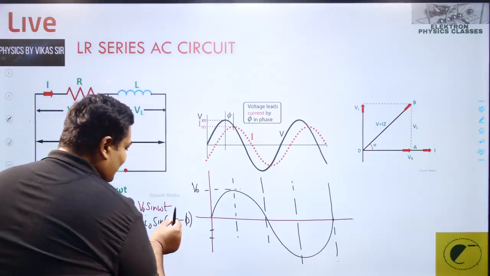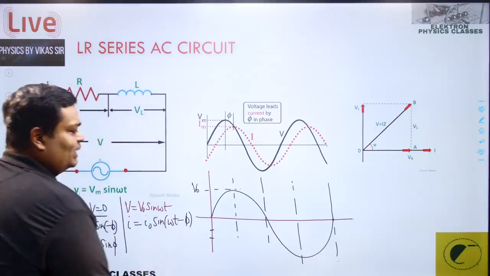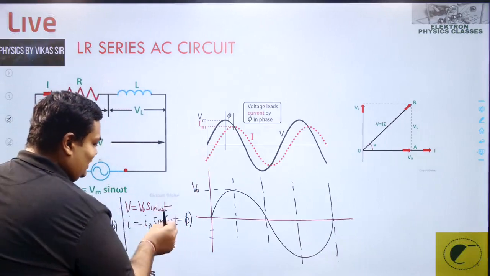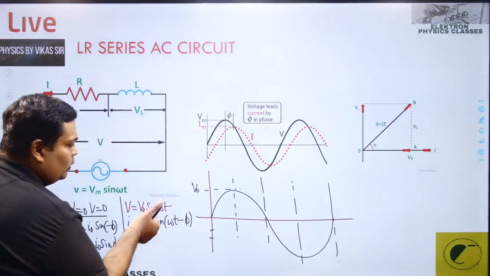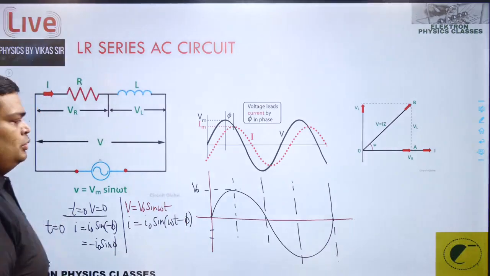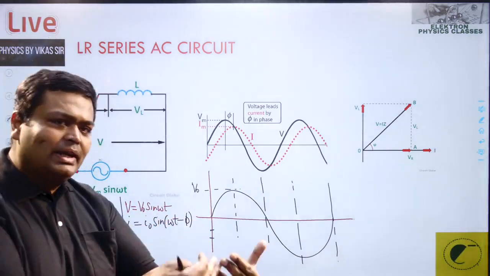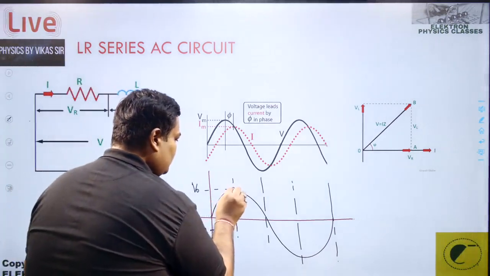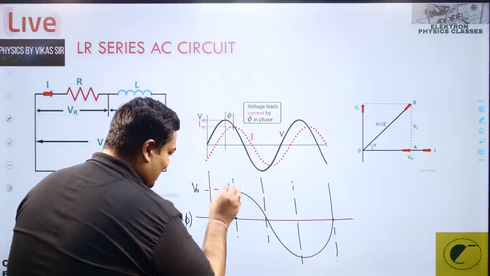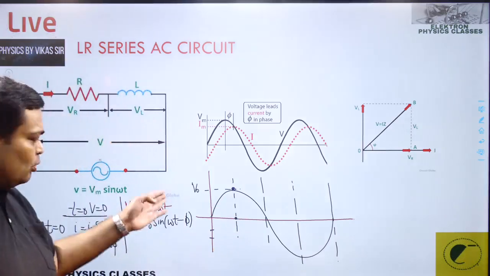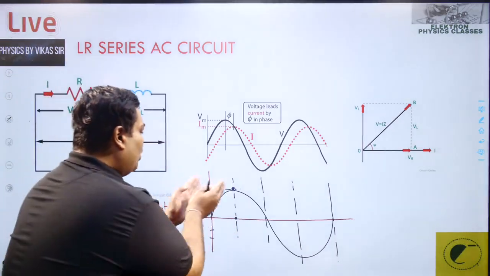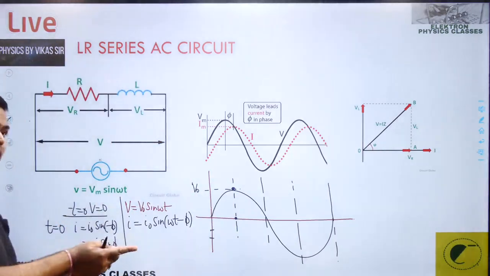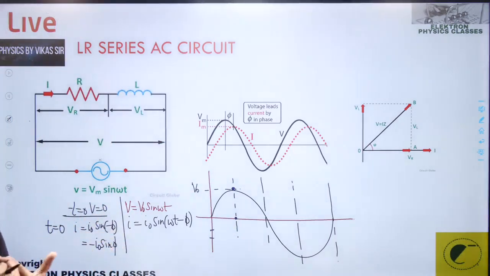So there will be some time instant when phi will cancel with omega t. And then as the time increases, you get somewhere I equal to I naught. So that peak will come earlier or later. See, this is a peak of V naught. At this instant, that is pi by 2, that is at omega t equal to pi by 2, we are getting the peak of the V naught. So when will we get the peak of current? Later. Reason, it is lagging.